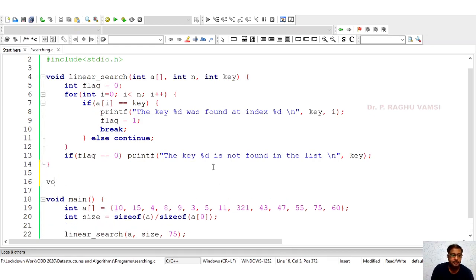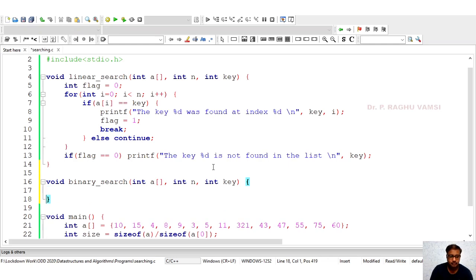So void binarySearch, same thing. Int a, the size int n, int key. Now the main thing that we are supposed to do here is the calculation of the mid value. Mid must be calculated, and we are always supposed to compare with the mid value.